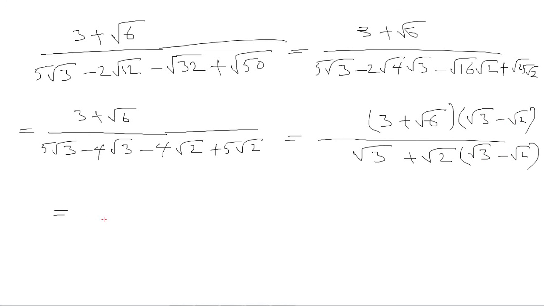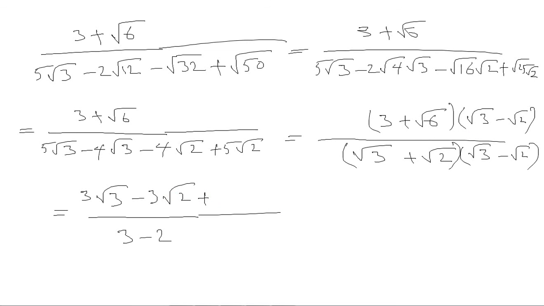So in the denominator, this gives me radical 3 to the power of 2 minus radical 2 to the power of 2, which is 3 minus 2. In the numerator, I have 3 times radical 3 minus 3 times radical 2